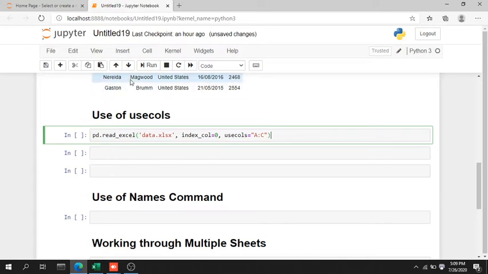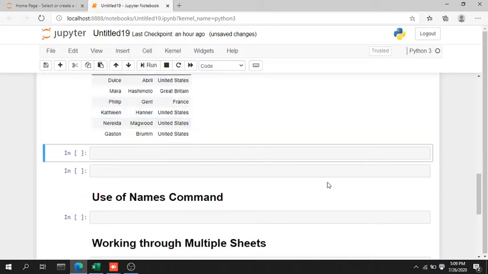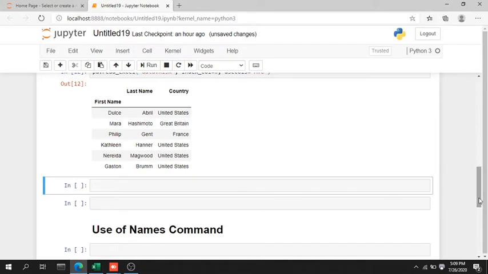So let me just execute it, and here you can see it has given me the columns which I want, like the first column that is A, second column that is B, and here is the C column. So it has successfully executed our command and given us the first A to C columns. You can also access your information. You can also find your column by using the integers.